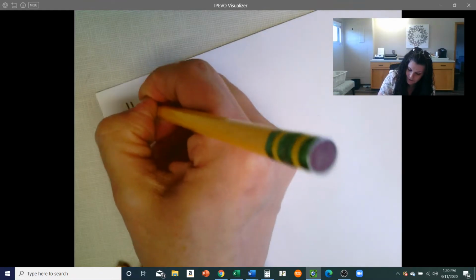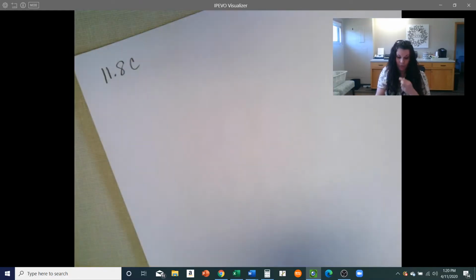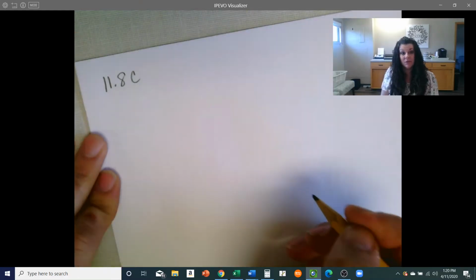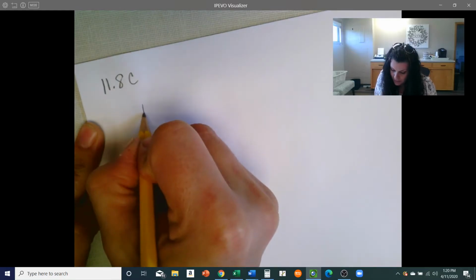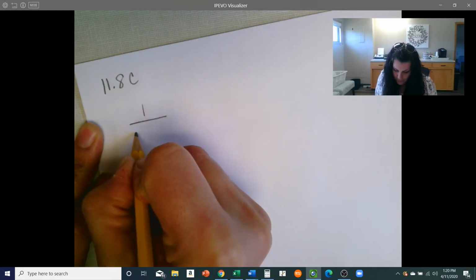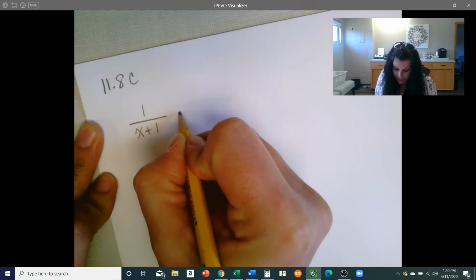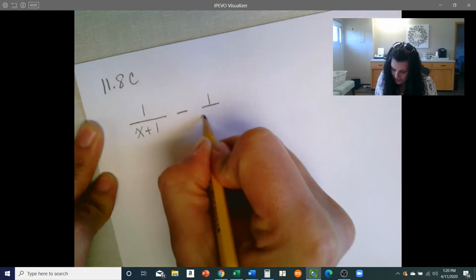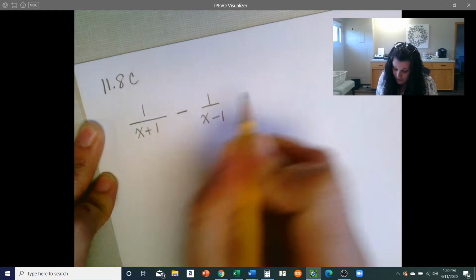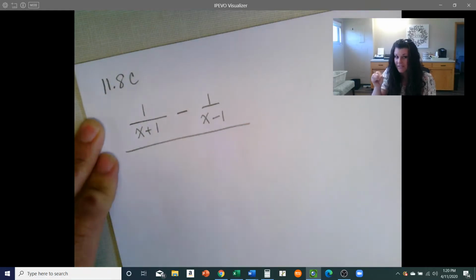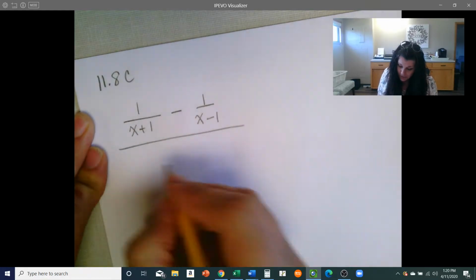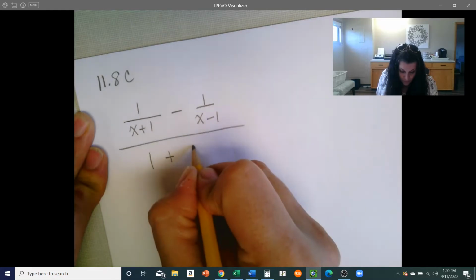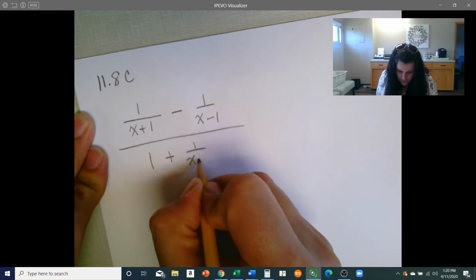Okay, we're going to look at one more example. So this is 11.8c. And we're going to use the least common denominator method with this one, so I can show you again, on the big scale, it's daunting. On the small scale, when I'm looking at each little piece individually, it shouldn't be that bad. Okay, so here is my